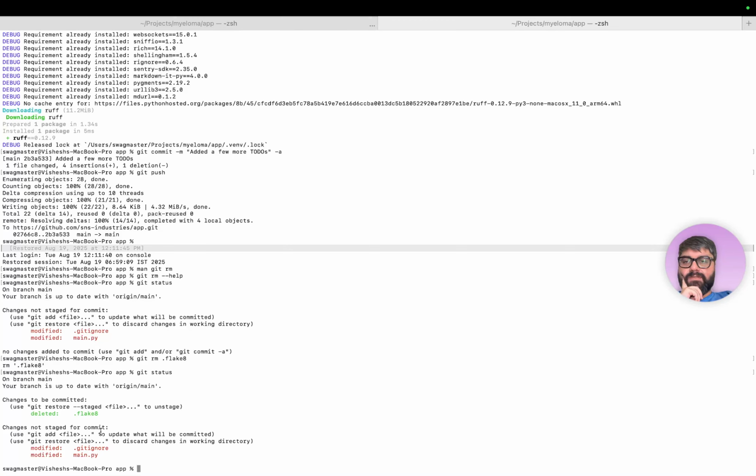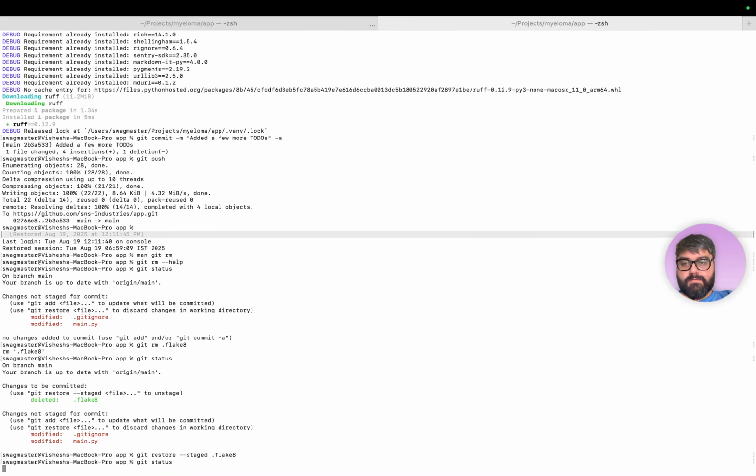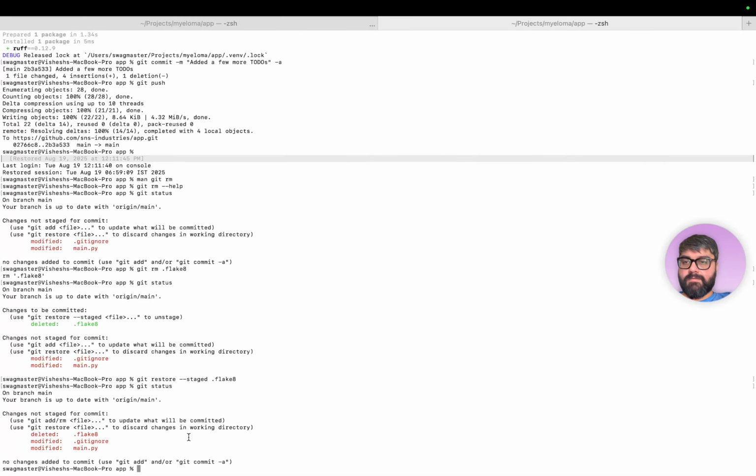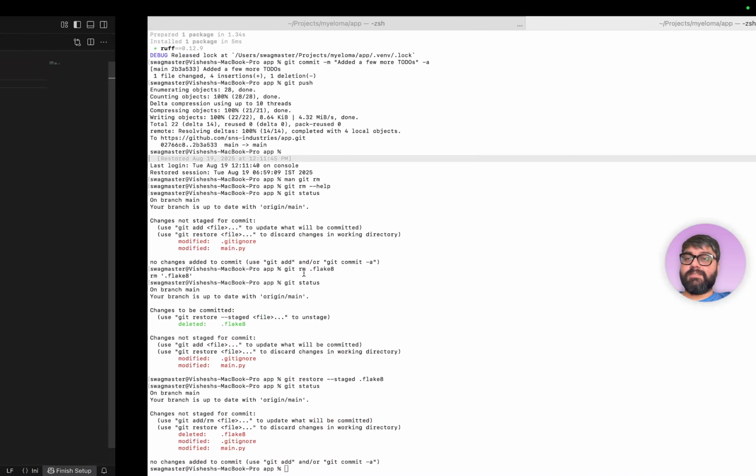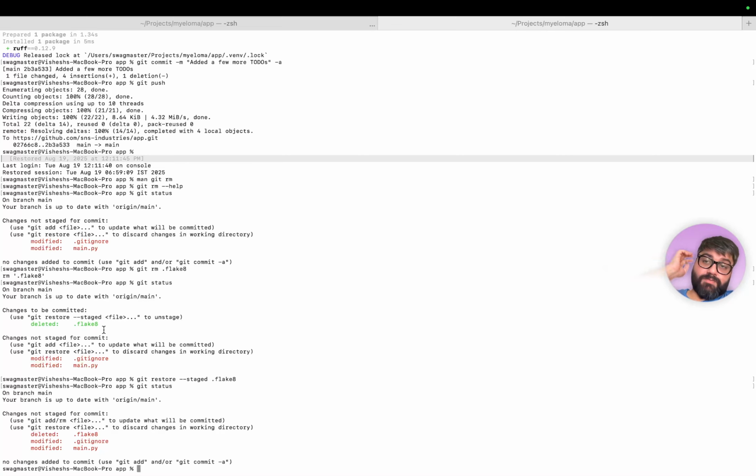Otherwise I would have to, actually I don't know, maybe git restore --staged file. Okay, git status. Oh, the file still remains deleted, but it's just when you do git rm, the thing gets staged for commit anyways.